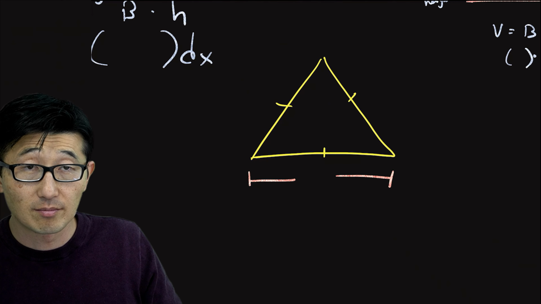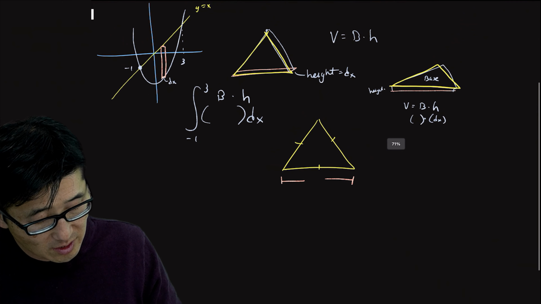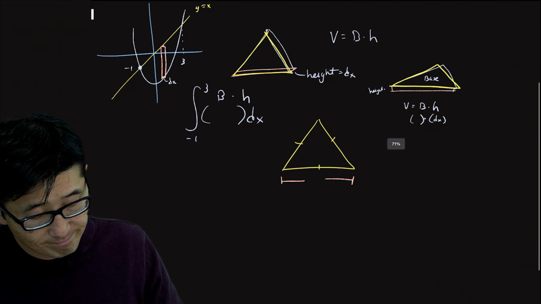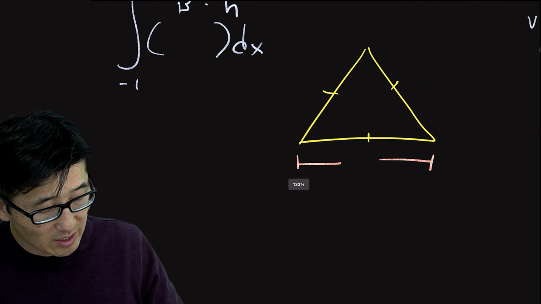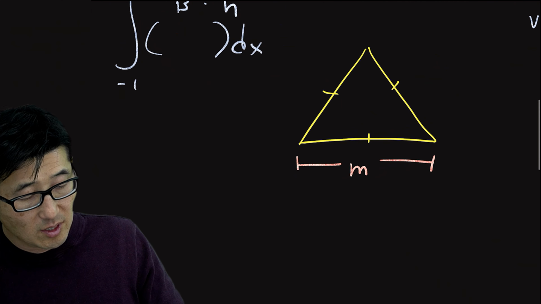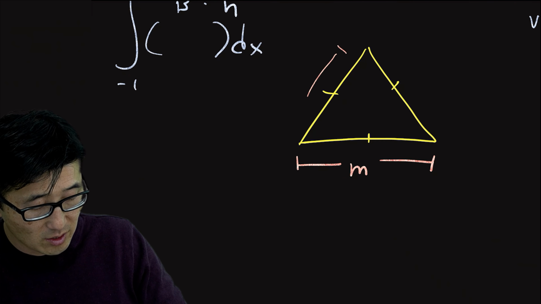We'll call that, I don't want to use base because there are so many words, so many bases. We'll call this, just call it M, okay? Right, so let's just call it M. Because it's going to be M all the way around. Okay, so this would be M,